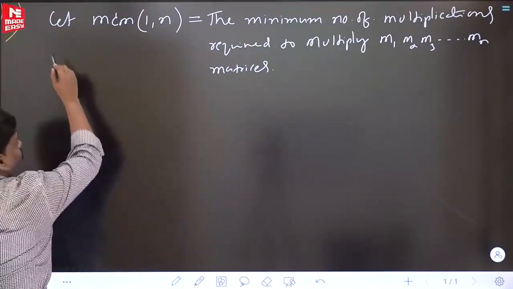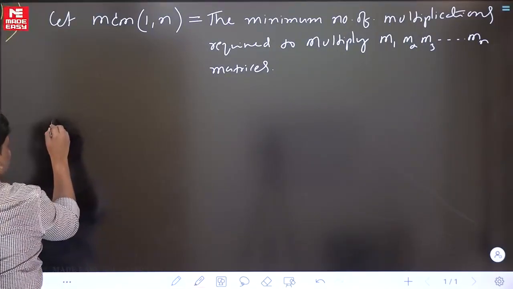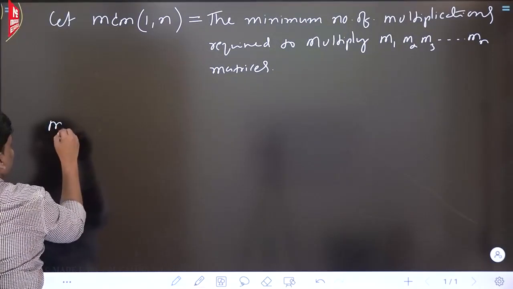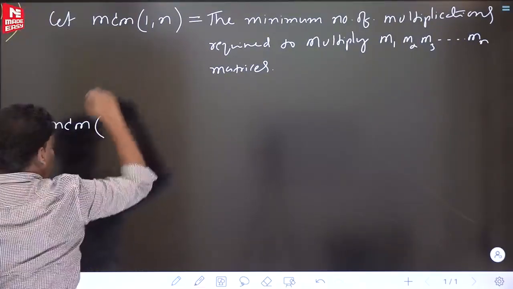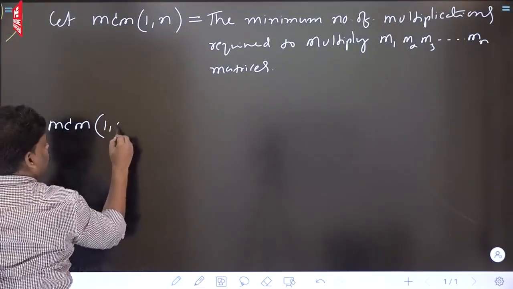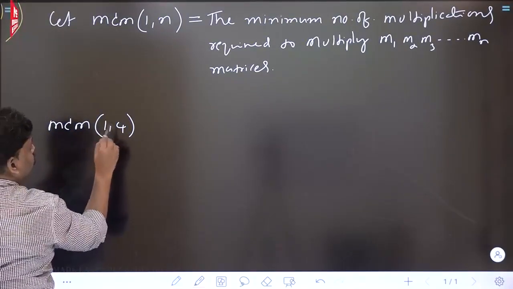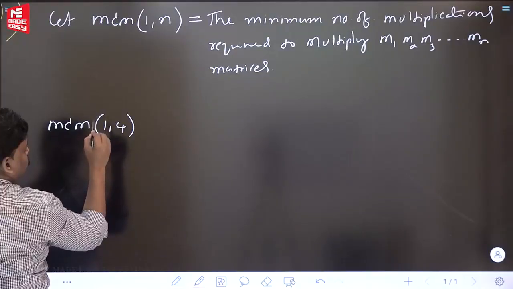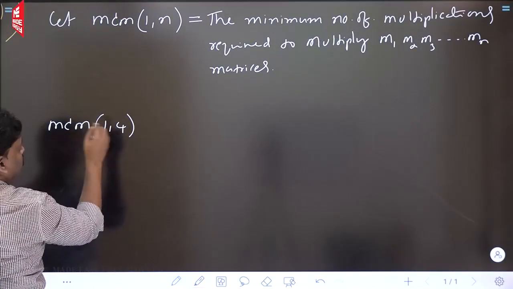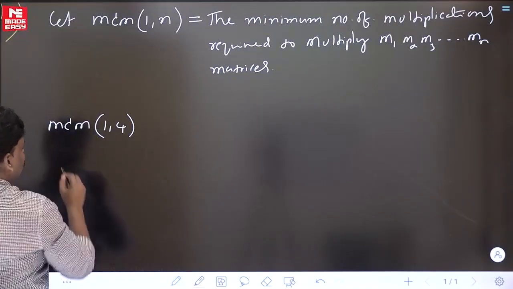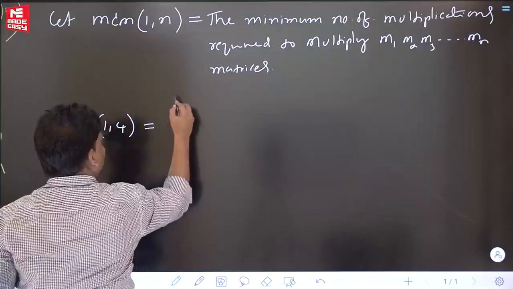I am thinking that you are a little bit fine now, right? From this let me write one small line. From this, MCM of, one example I am giving. After this line, see the next line, MCM of 1 comma 4. What is the meaning? The minimum number of multiplications required to multiply 1 to 4 matrices. To do m1 into m2 into m3 into m4, the minimum number of multiplications I am calculating. MCM of 1 comma 4 is equal to,